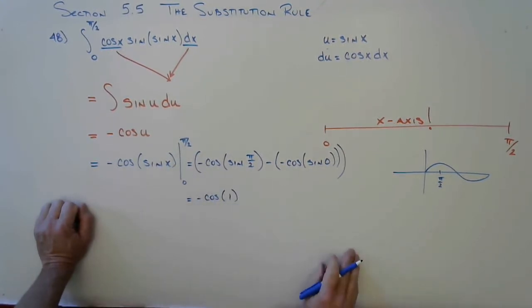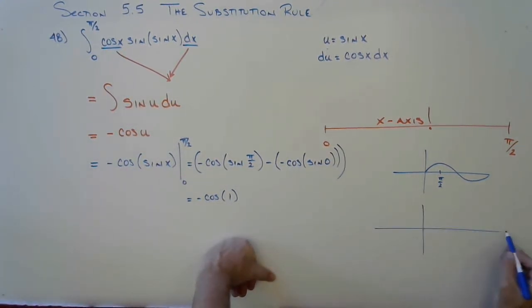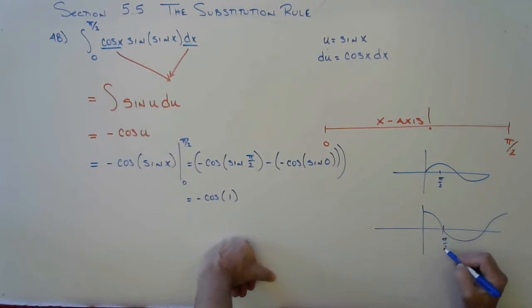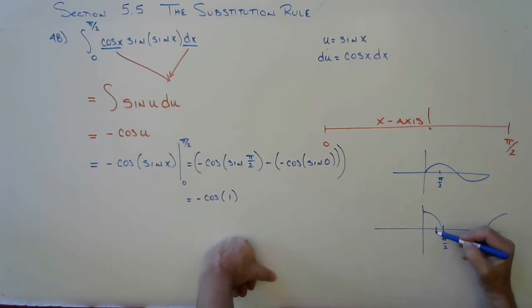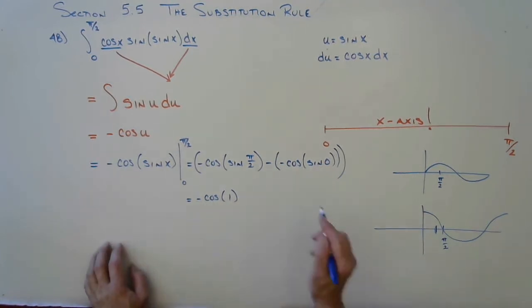Now, I don't know what that is, right? I don't know what cosine of 1 is. If I draw the graph of cosine, it goes like this. This is pi over 2. Pi over 2 is bigger than 1. 1 is some number over here. That's not any special angle. I don't know what that is. So I'm going to leave it as negative cosine of 1 minus